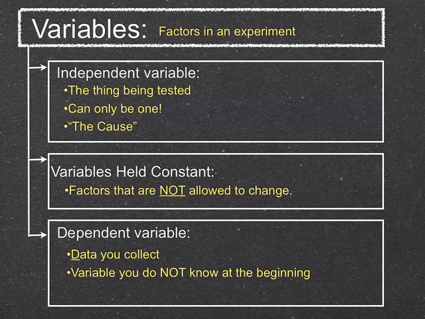It was unknown. Okay, those are the results of my experiment, the data that I was collecting. That's the dependent variable. I underline the D because dependent goes with the data you collect in your experiment. So the I looks like a 1 because it's the one thing being tested. The D for data you collect. That can help you to remember